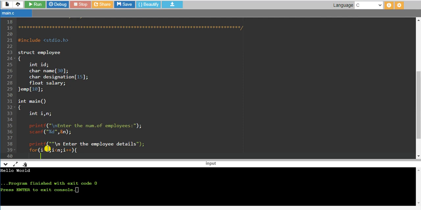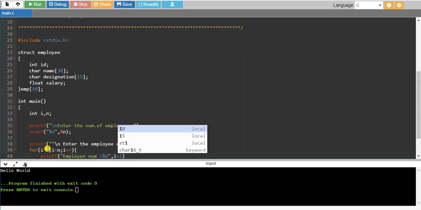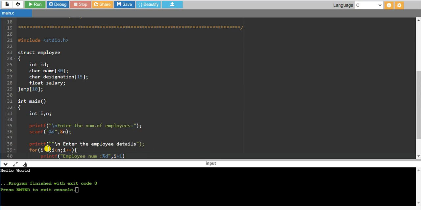So printf employee num is %d, comma i plus 1, because initially i equals 0, so I'm using i plus 1 for the first employee, number 1, just like a serial number.